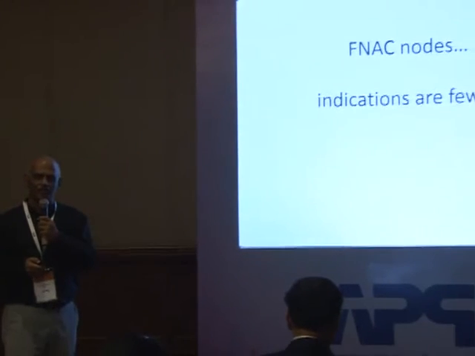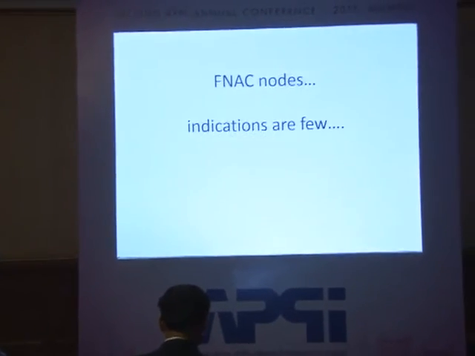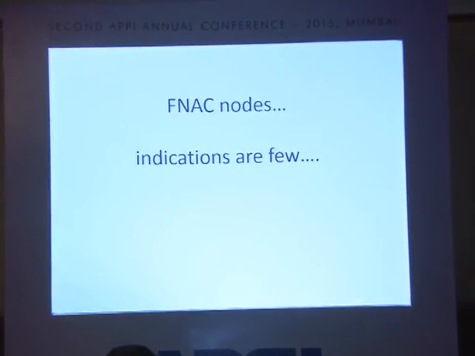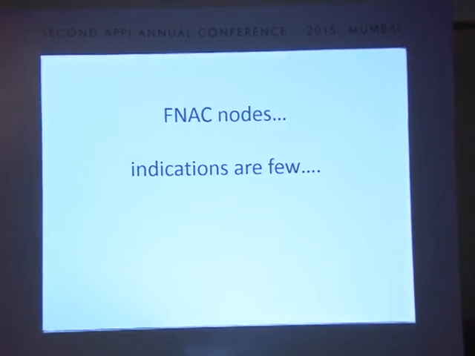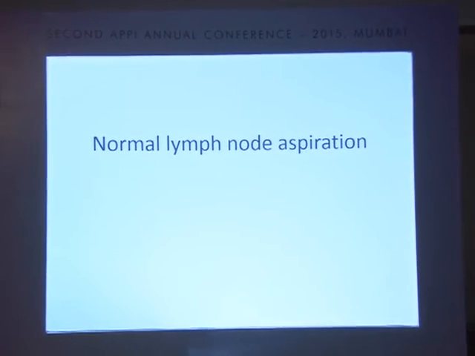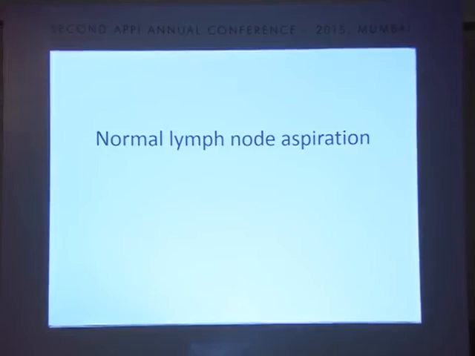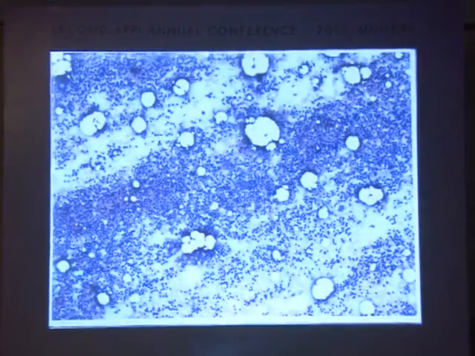Okay. In FNAC for the nodes, any palpable lump, we put a needle, and it's the easiest and the best technique. Turnaround time is very less, and we are trained to look at morphology. So any palpable lump, put a needle. Mostly cervical nodes, very common. Tuberculosis is very common. Viral infections are very common. Just to show you some pictures of how a normal lymph node FNA looks like.